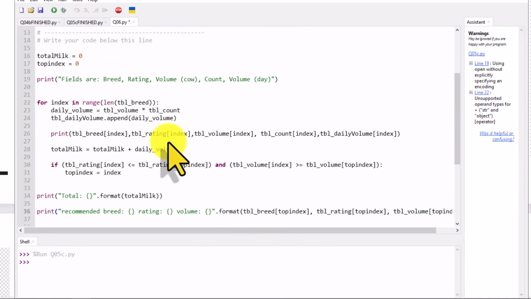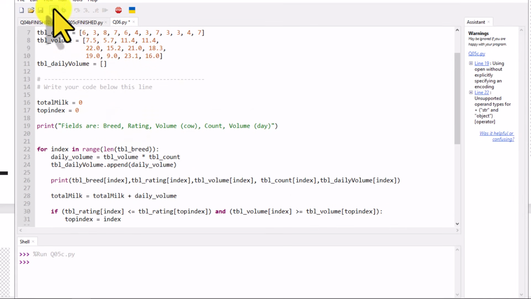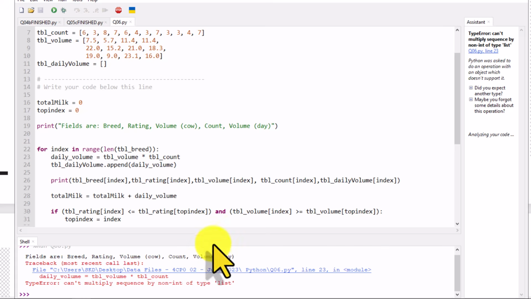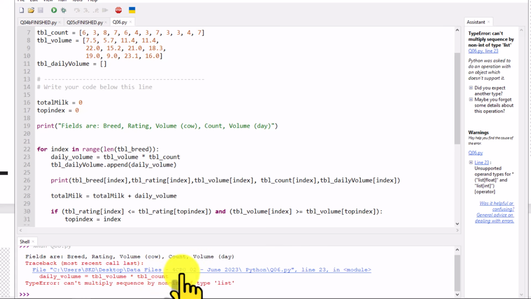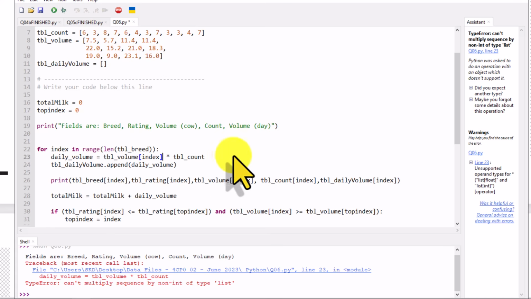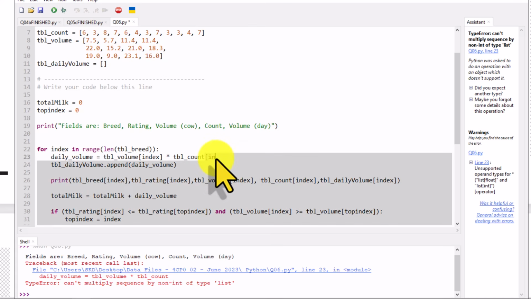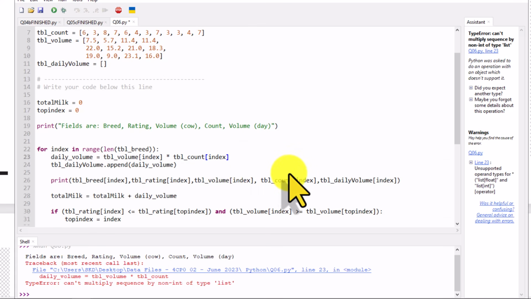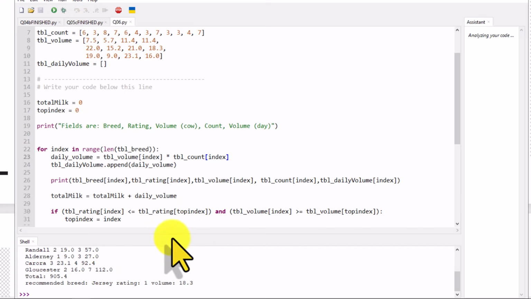Let's run it to check if we have any kind of problem, okay. Run, and I've gotten an error about a sequence, and that is table volume plus table count, okay. Here I've gotten of the index, okay. The complete list cannot be done, okay. So index, and here as well index, okay. Then if I run it now, what problem do you have? So see,